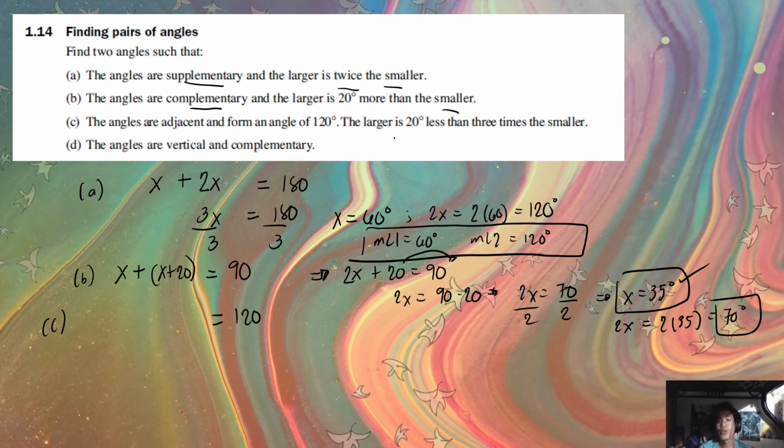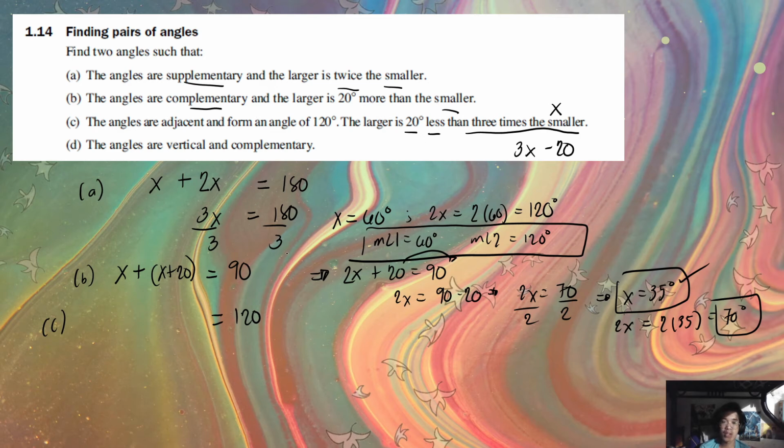And it says here on the clue, the larger is 20 less than 3 times the smaller angle. So going back to your grade 7 translation of algebraic expressions, how would you translate this statement into an algebraic expression? You have 3 times the smaller. We can denote the smaller angle as x, and 3 times the smaller should be 3x. It says here the larger is 20 less than 3 times the smaller, so therefore the larger angle should